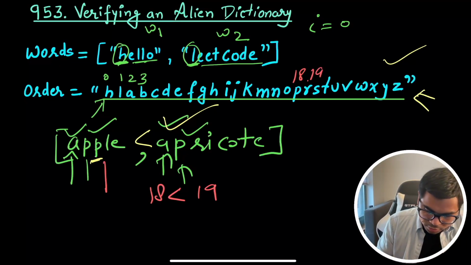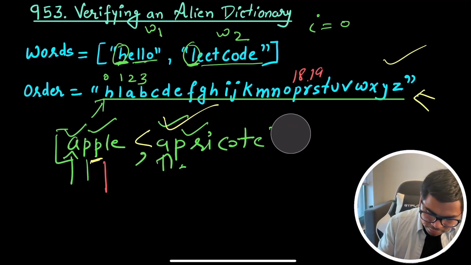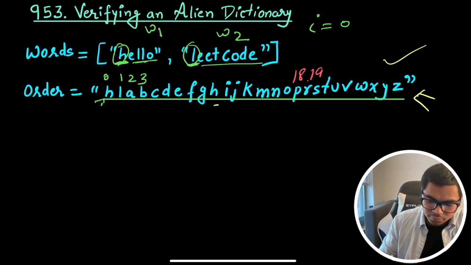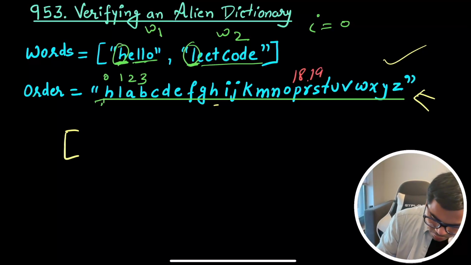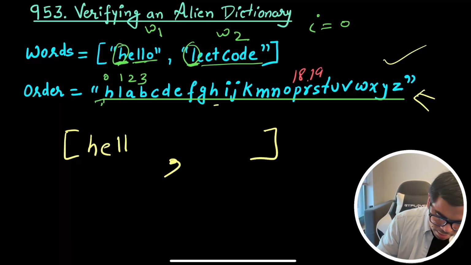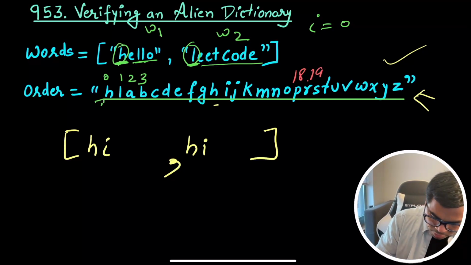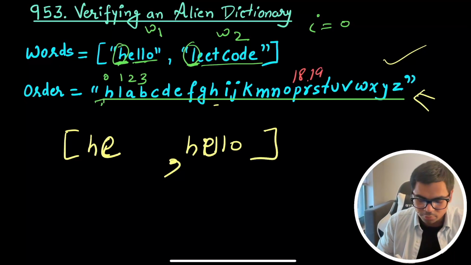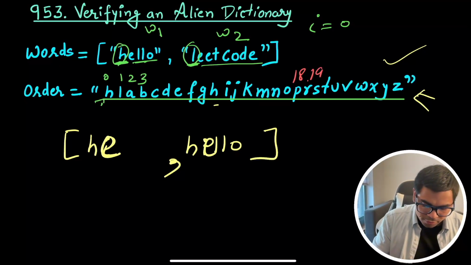All right, and there is one more thing that I need to tell you: what if you have these two words? Let's say I would rather choose he and this one will be hello. This is he and this is hello. All right, so if you see right here,